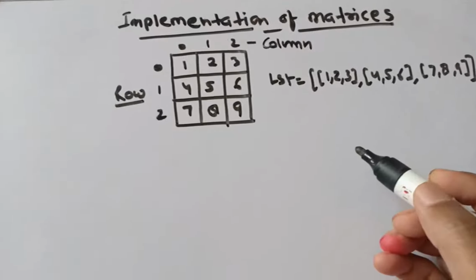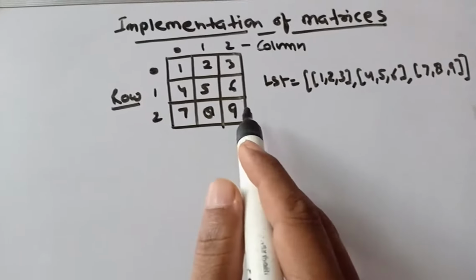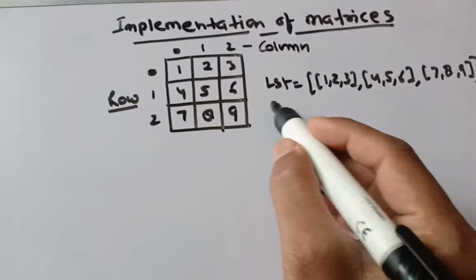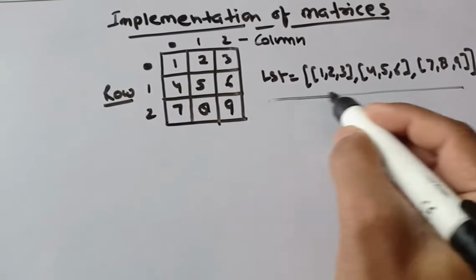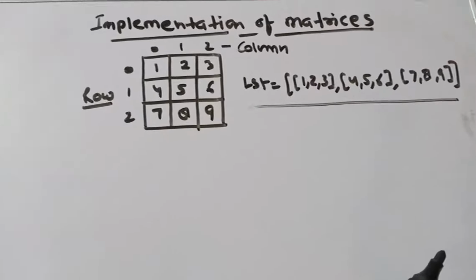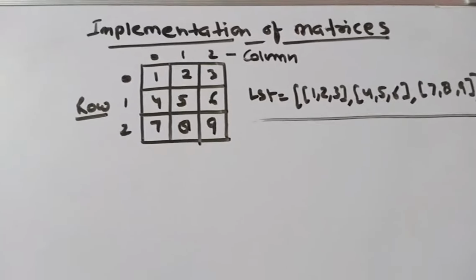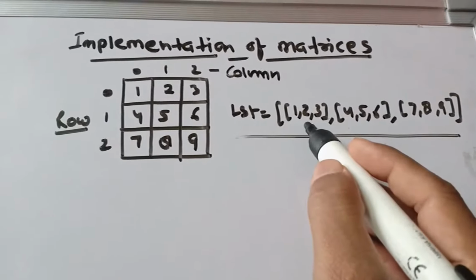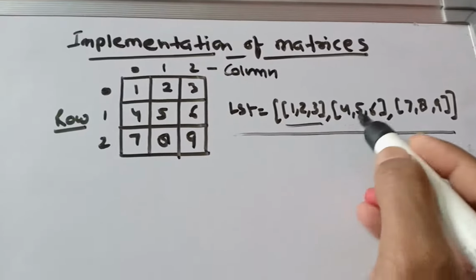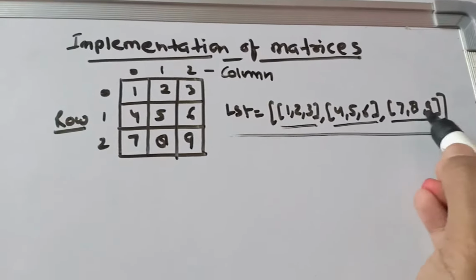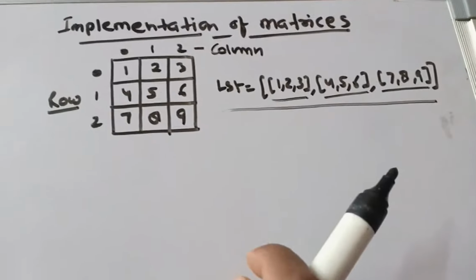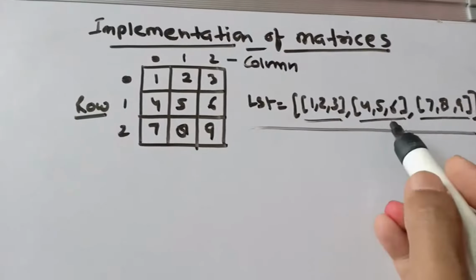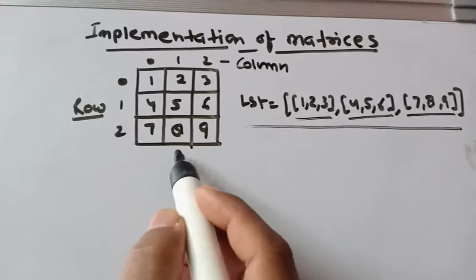We are creating the matrix here. We'll find some of the logics through the matrix. Look at the list here, which is already given. We have used the same list, the same matrix, in the previous video. Each inner list contains integers and has the same number of elements, so this two-dimensional list can be used as a matrix here.